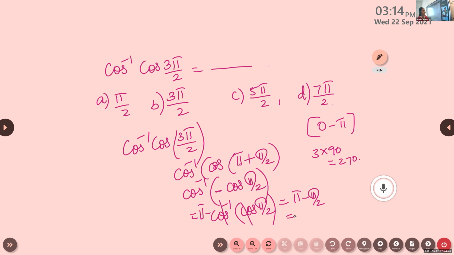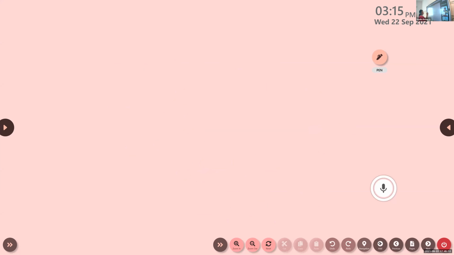Okay, the next one. Next, we are going to do one more question. It could be asked from relations and functions, or from inverse trigonometry. If you look at the next question, it is combined from both relations and functions as well as inverse trigonometry. Write the question. Let f from A to R be given by f of x is equal to tan x. Then